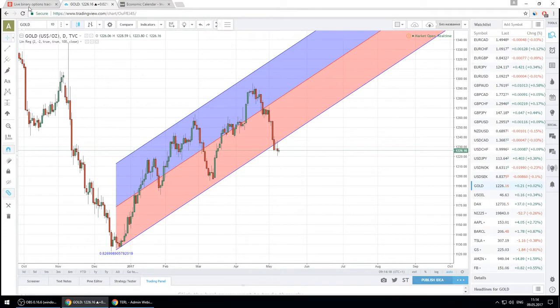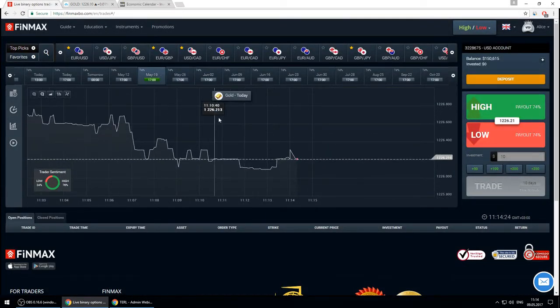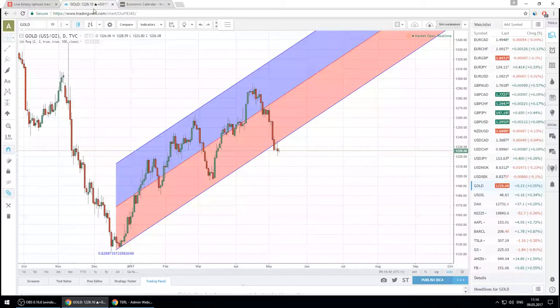And I can open the trade that will expire, let's say, in the second half of May for the growth of this asset. Usually, on the longer time frames, traders prefer to invest more per trade, because this analysis